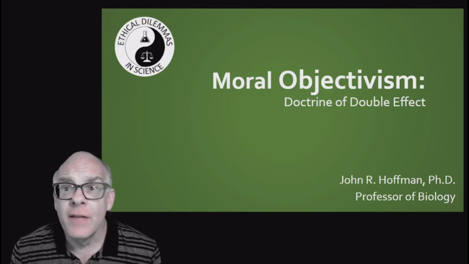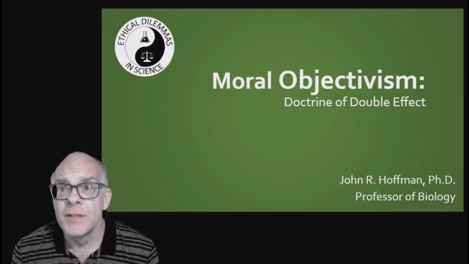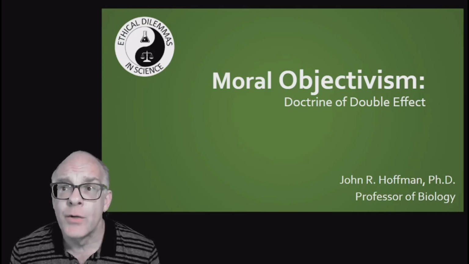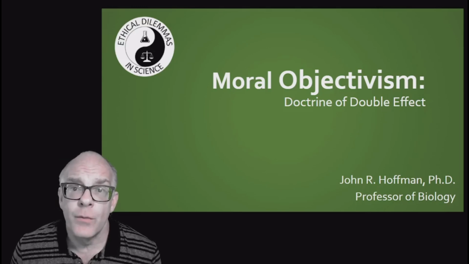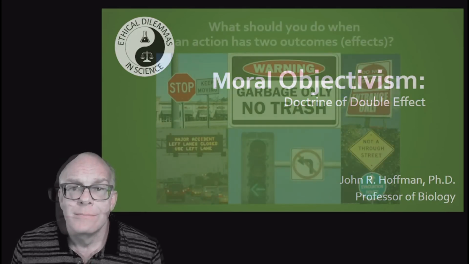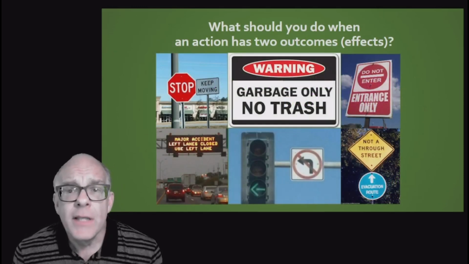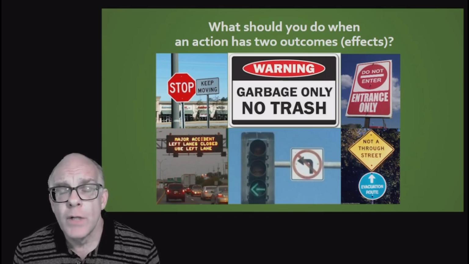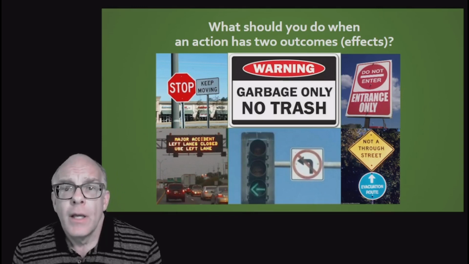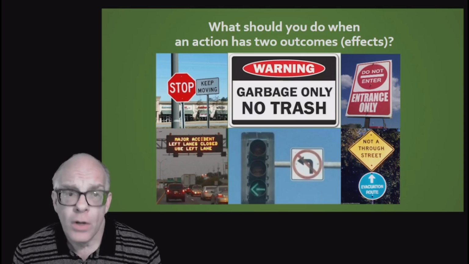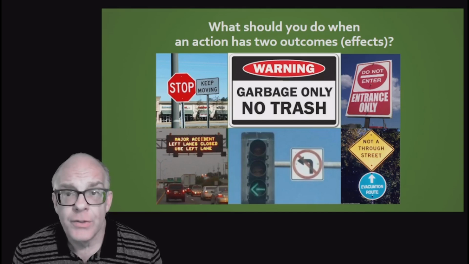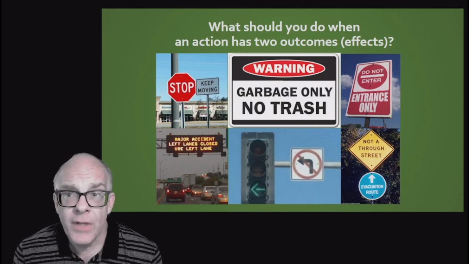Welcome back to the second video on moral objectivism, and in this video we're going to take a look at this doctrine of double effect, which is an extension of the concepts associated with moral objectivism. So as we get into the doctrine of double effect, basically what we're looking at is a situation where we are working with moral objectivism, these natural laws, this idea that there are going to be distinct rules that apply to all individuals in all situations at all periods of time.